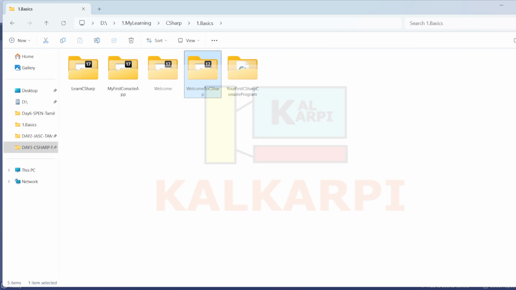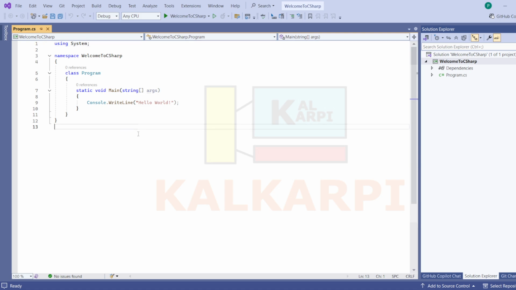So again I'm coming over here. See, there are 12 lines of code. All these lines are called source code. Don't bother about what this first line is, what this third line is. All you need to understand is when we gave our project name as welcome to C Sharp,